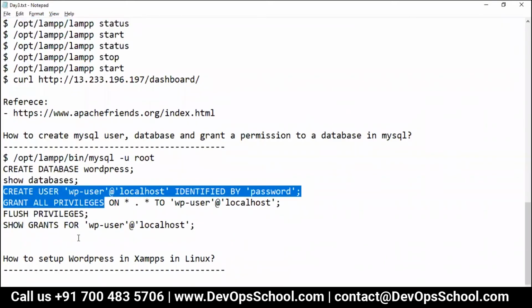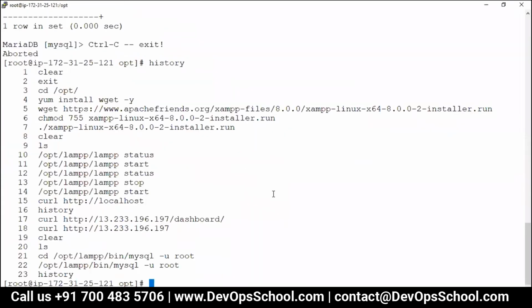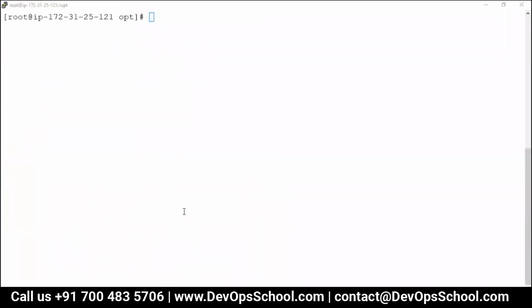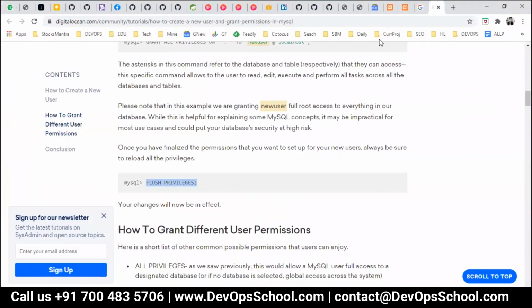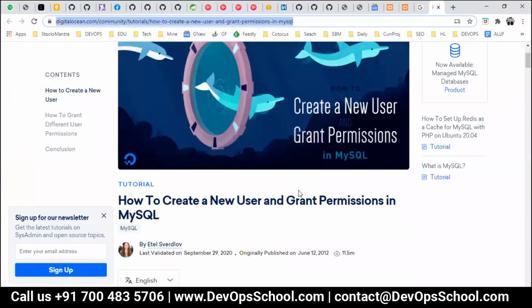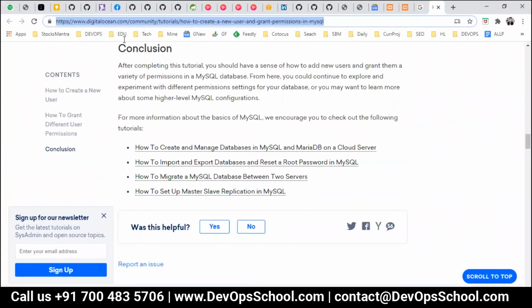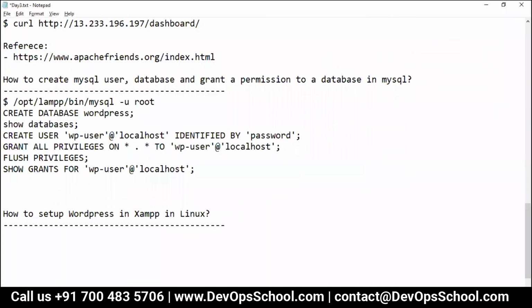This is done. Last thing which I'm going to get done is how to set up WordPress in XAMPP. Okay, so what to do? So now, guys, what to do? For this, I'm going to do it in front of you. So first thing, reference. Reference URL also, right? So for reference, you can use MySQL. This is the reference URL.